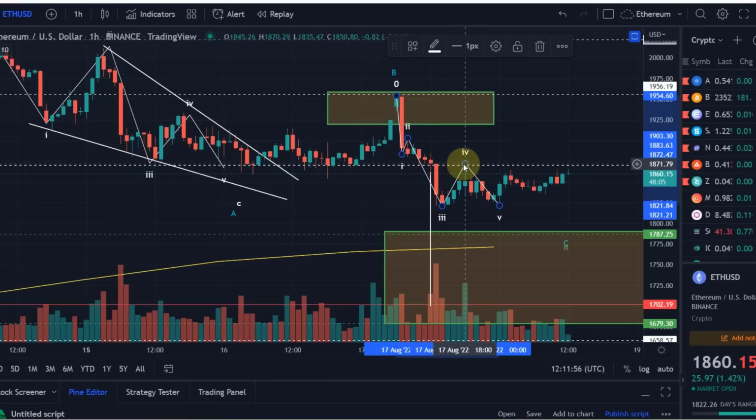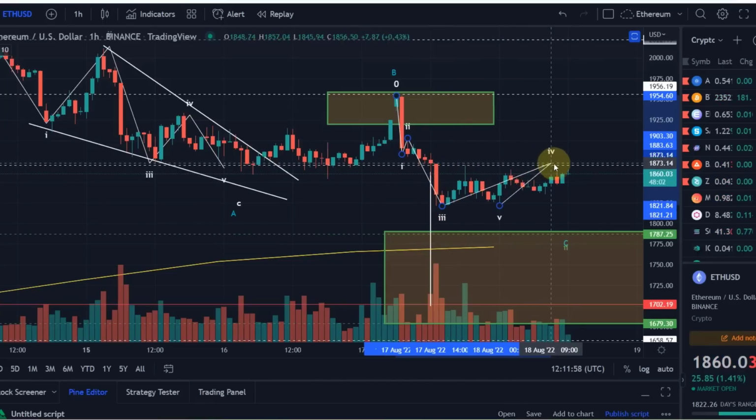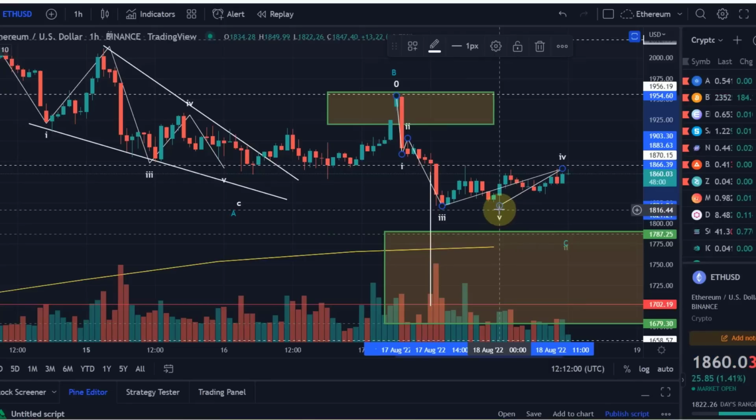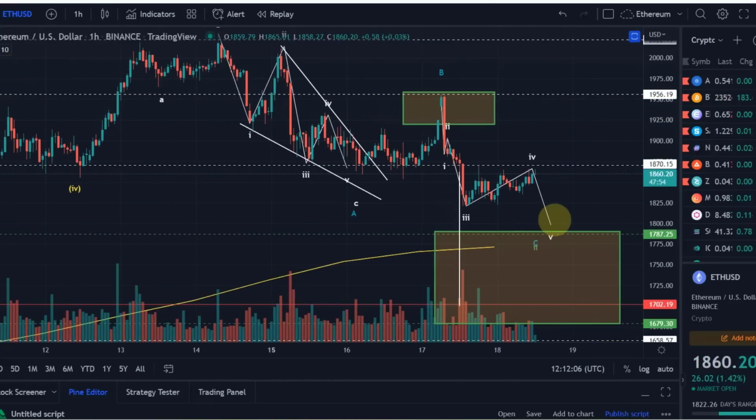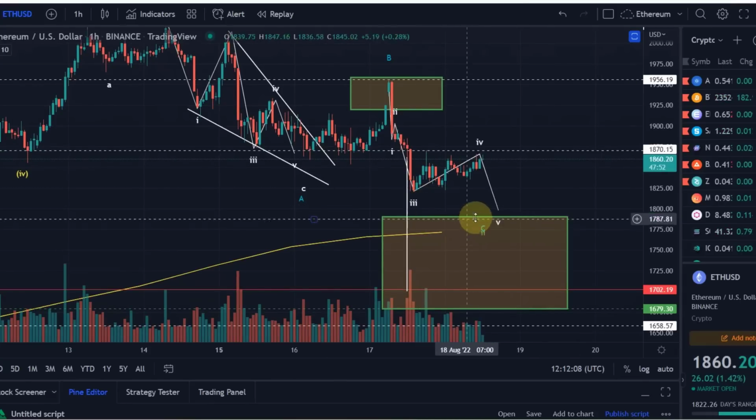Therefore, I have to assume that this here might be just a retracement in a wave 4, and we might once more come down here in a wave 5, and Bitcoin might do the same. I just updated that in the Bitcoin video. Very important to understand as well that we have not yet reached the ideal target area anyway at 1790. So as long as we don't see impulsive price action above at least 1870, now we're nearly there, but we're not there yet. And even better would be 1956.